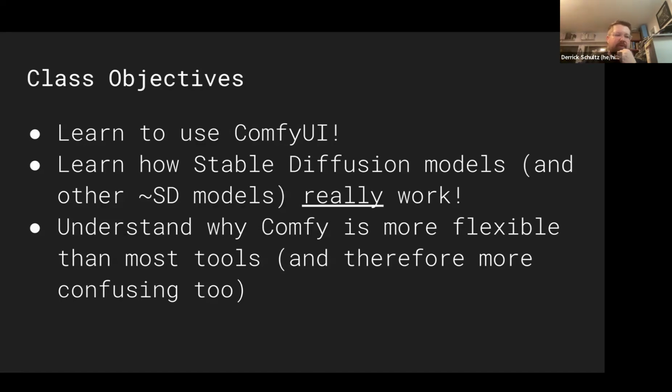Comfy, because it's open source, also has a terrible naming convention across all its tools. There'll be 10 nodes all named the exact same thing and you'll have no idea which one to use. It still happens to me every day, so I'm happy to help where I can with that. Comfy is really cool and really powerful, but it's really hard to get started in without the basics. So hopefully over the next 7 weeks, we'll build our way up and learn these things.